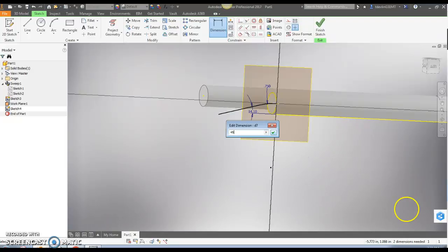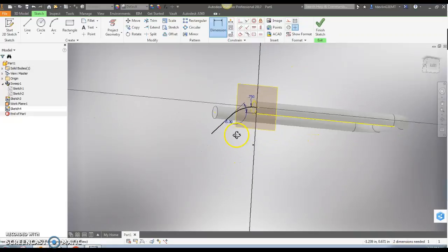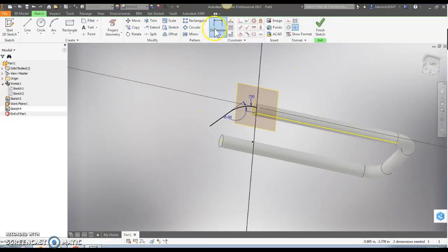So I can change this to whatever angle I wanted. It's a 45, now that's a 45-degree angle. I can dimension this. Let's say I want it to go out a certain distance. We can mess around with this. I don't know why it's not creating a line dimension, but